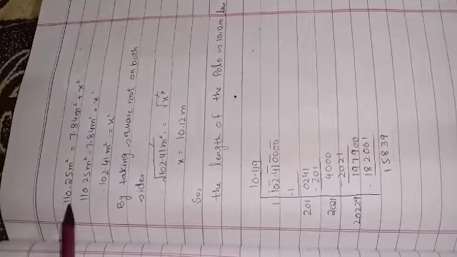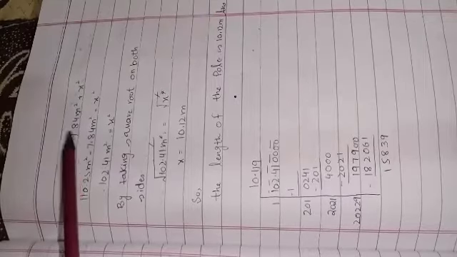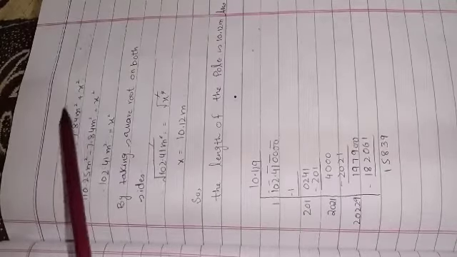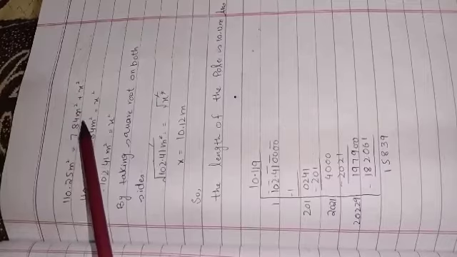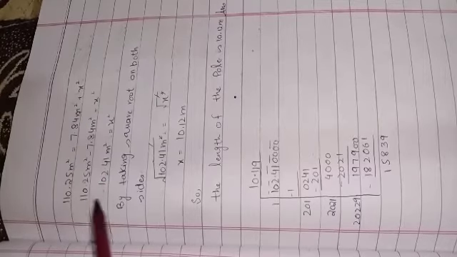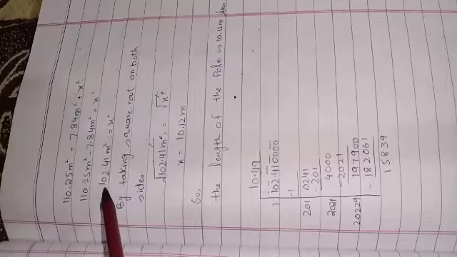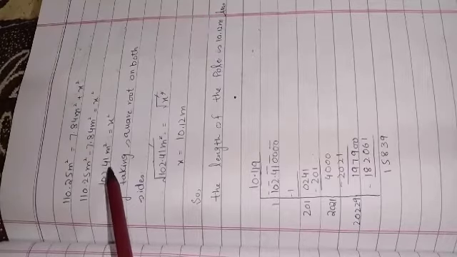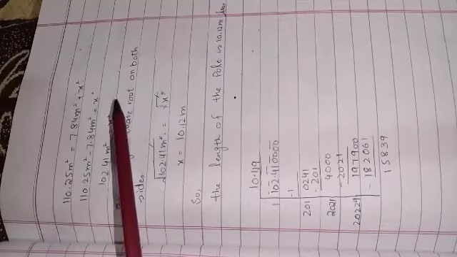Here are the values. 110.25 meter square is equal to 7.84 meter square plus x square. 7.84 meter square is added with x square. On the other side, it will be subtracted from 110.25 meter square. We got our answer, which is 102.41 meter square is equal to x square.